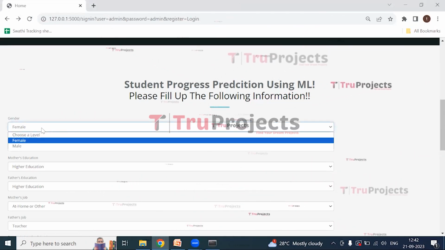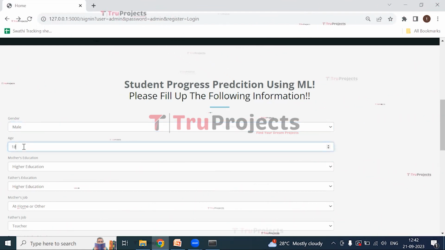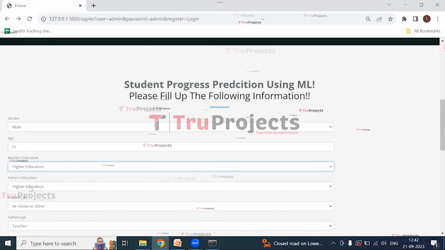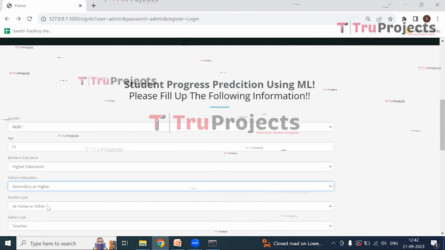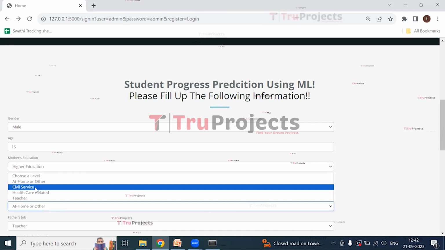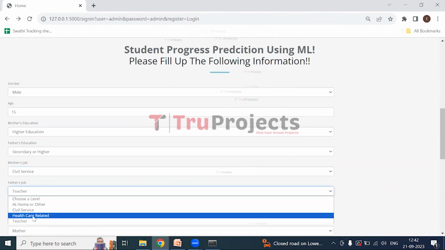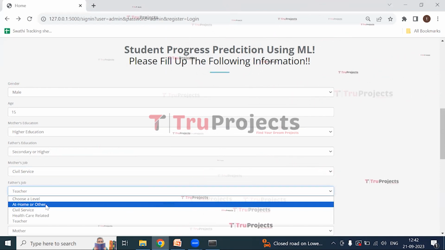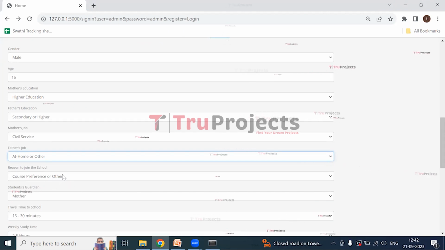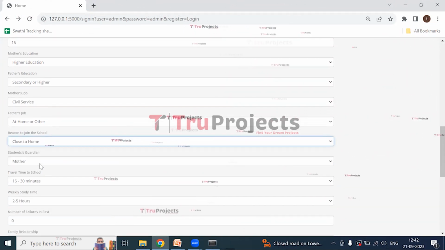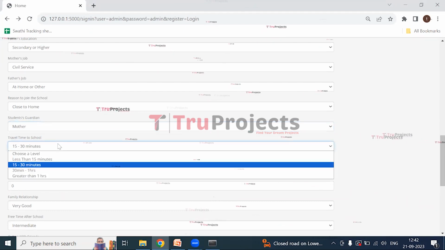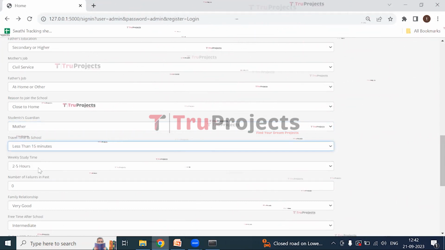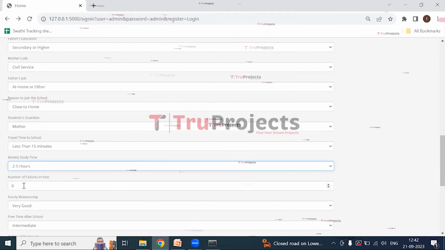So here I am entering details of one more student, that is a male, age is 15 years, mother's education is higher education only, and father's education is secondary or higher, mother's job is civil service, and father's job is other, at home or other, reason to join the school is close to home, student's guardian is a mother, travel time to school is less than 15 minutes, weekly study time is 2 to 5 hours only,